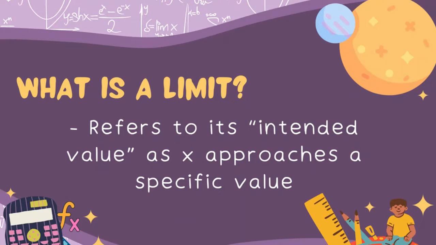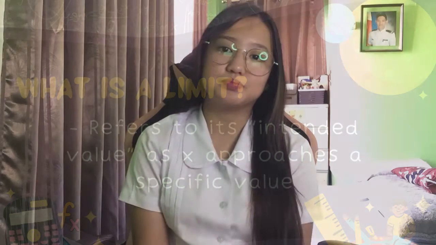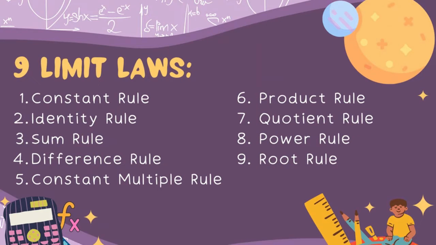So without further ado, let's start discussing limits. But first, what is a limit? A limit refers to its intended value as x approaches a specific value. Now that you have already learned the definition of limits, let's proceed to the 9 limit laws that will be discussed by our cutest tutor, Ash. Thanks, Jam. As Jam stated, we have 9 limit laws. These are the constant rule, identity rule, sum rule, difference rule, constant multiple rule, product rule, quotient rule, power rule,